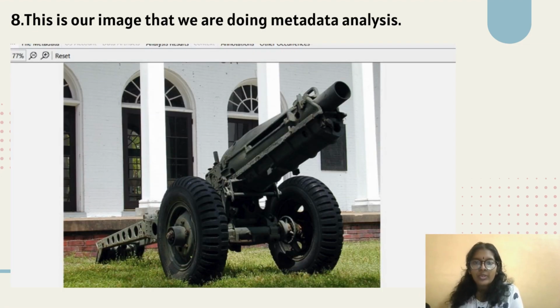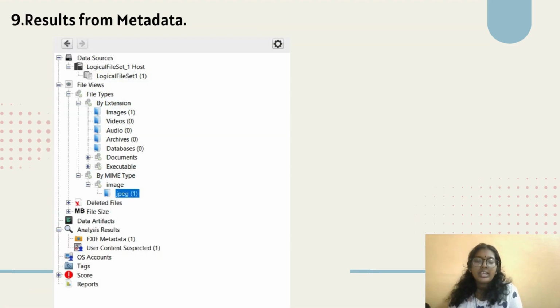This is our image that we are going to do the metadata analysis on. I downloaded it from Google also, and I have uploaded it successfully. Once I upload the image in Autopsy, these are the results from the Autopsy scanning. It shows the metadata of the image. My other group member will explain the results and findings that we have. That's all from me. Thank you.